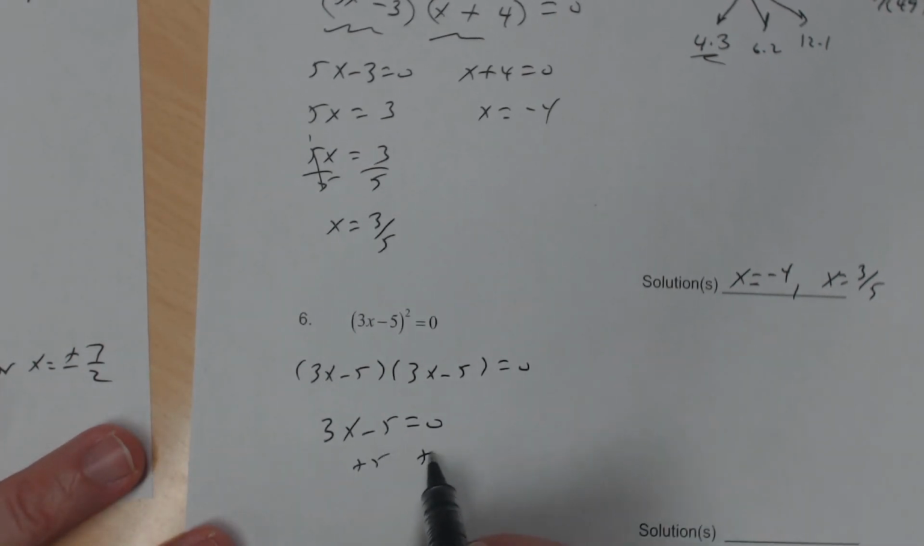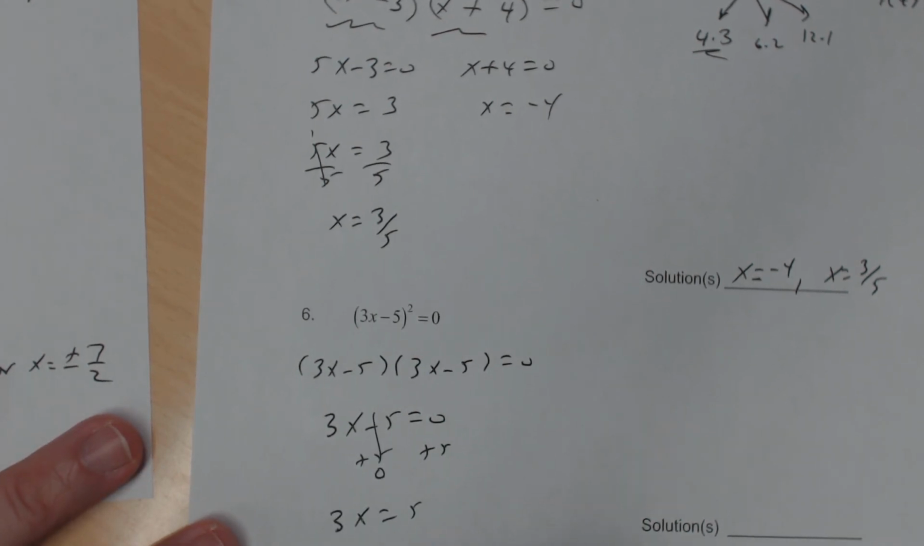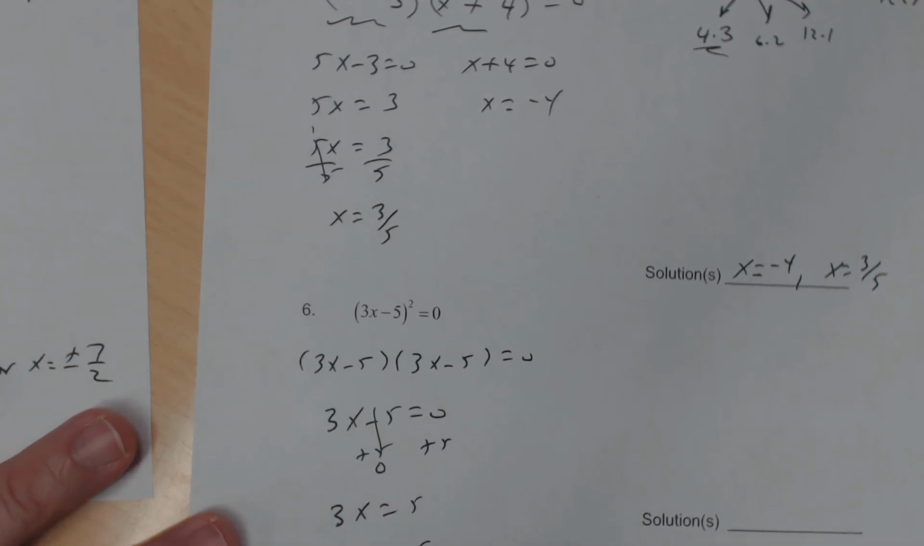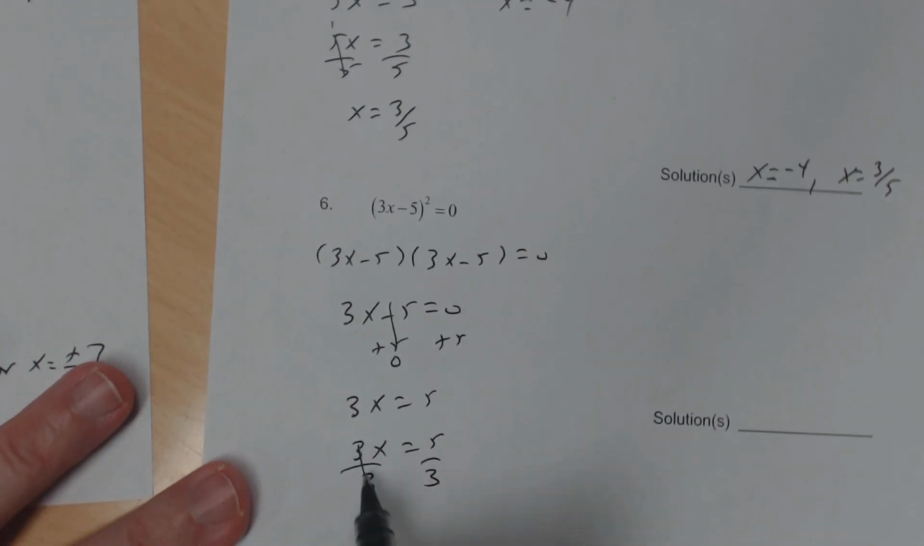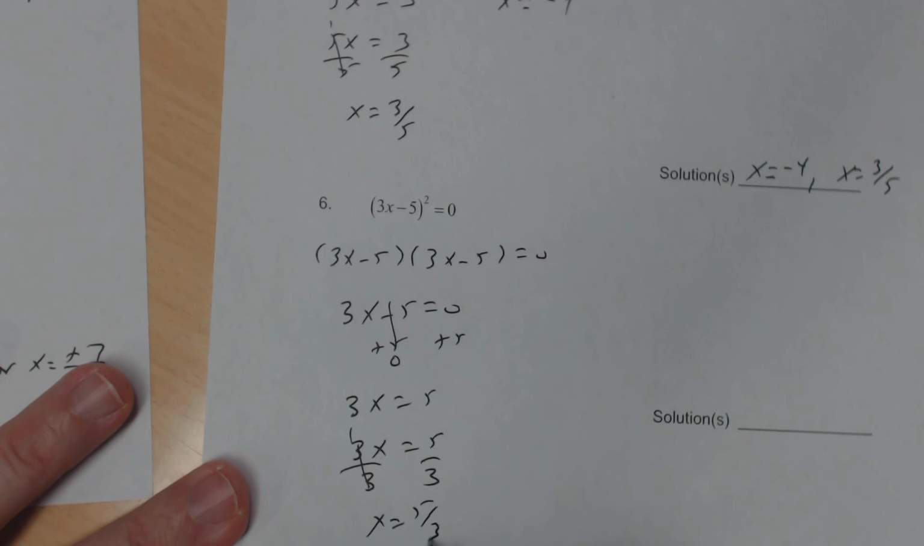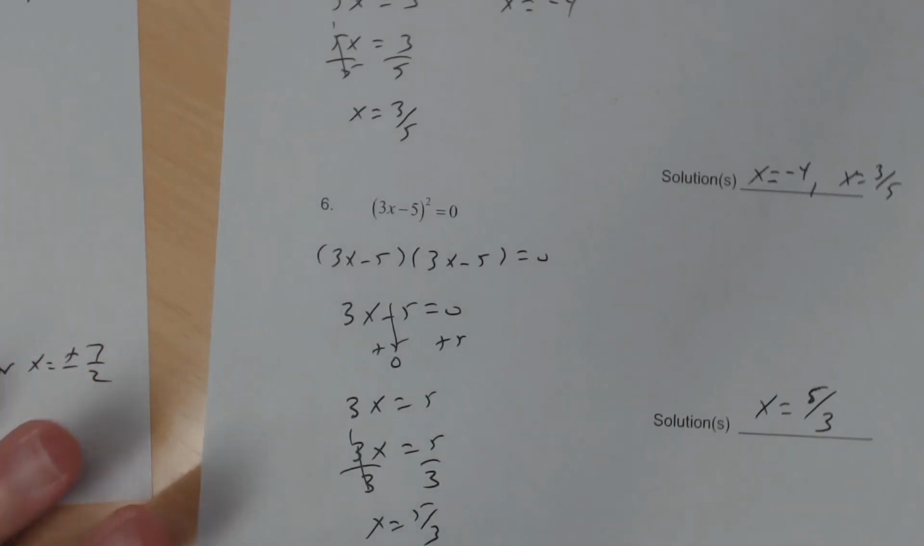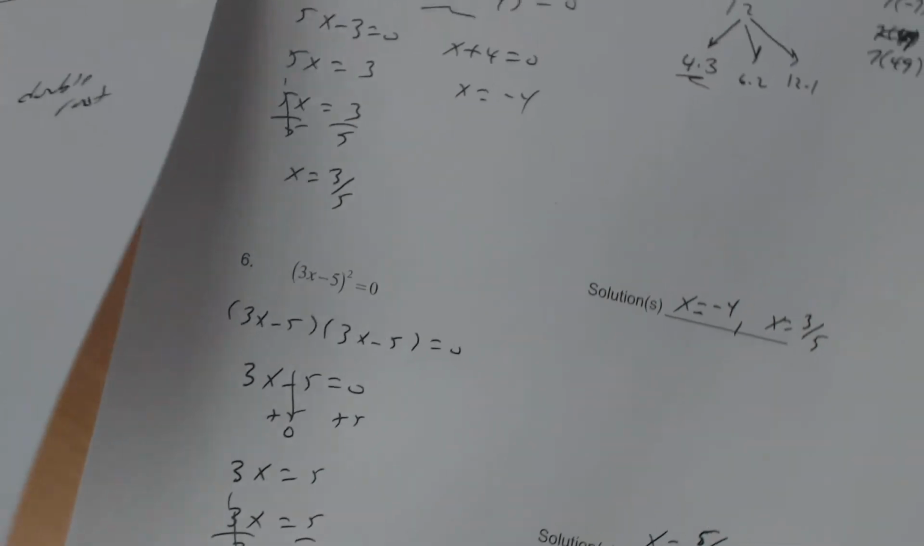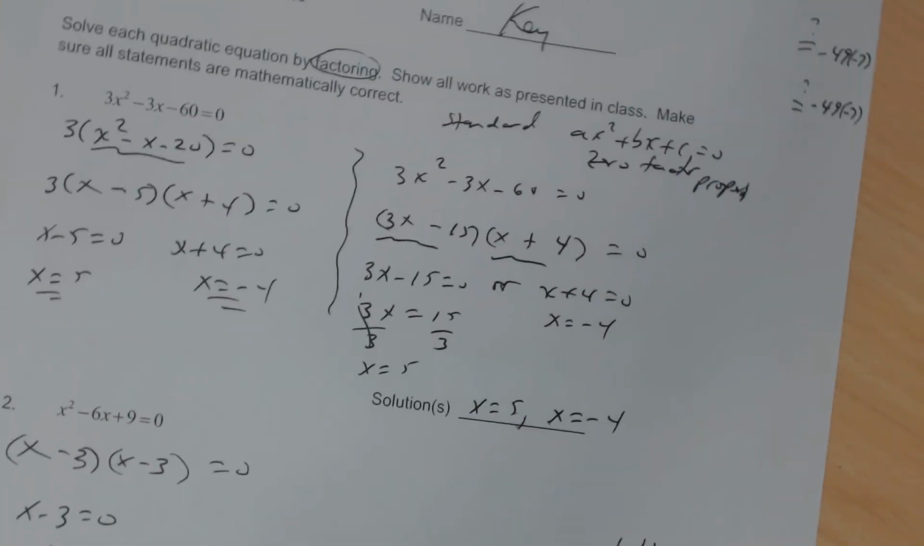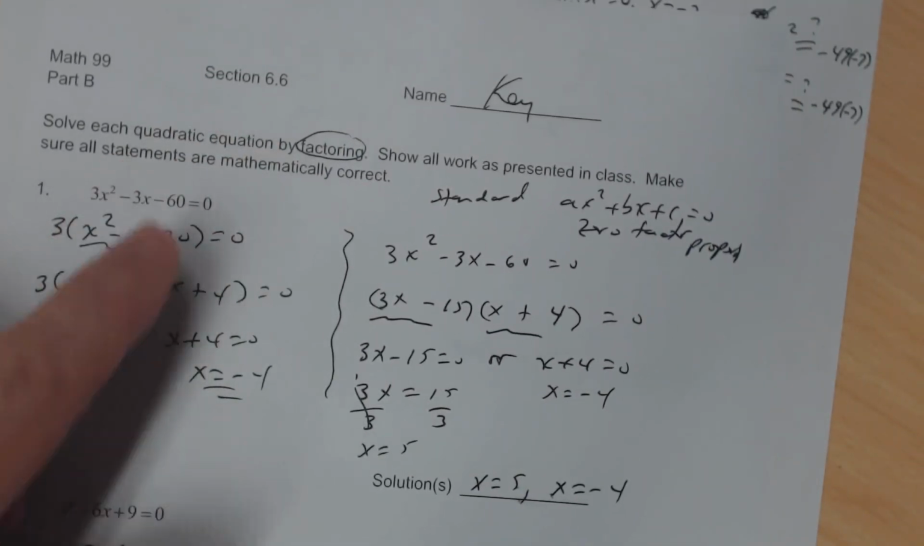Adding 5 to both sides. So notice you went from a quadratic to a linear. So combine like terms, you get 3x equals 5. And then to get x by itself, you can divide both sides by 3. And so you get x to be 5/3. So your solution is x equals 5/3. Okay? All right, so that's the key to worksheet section 6.6, part